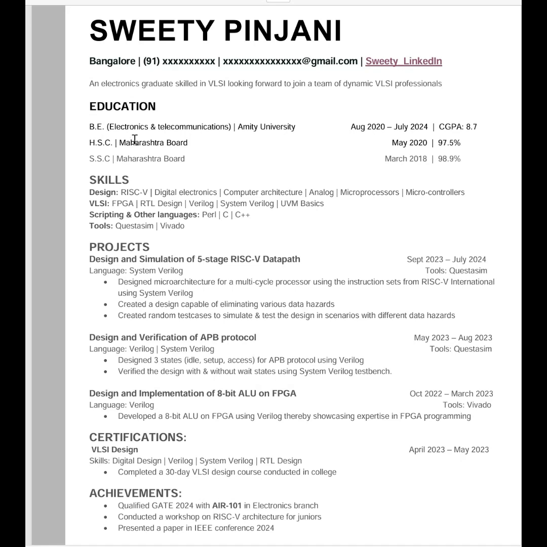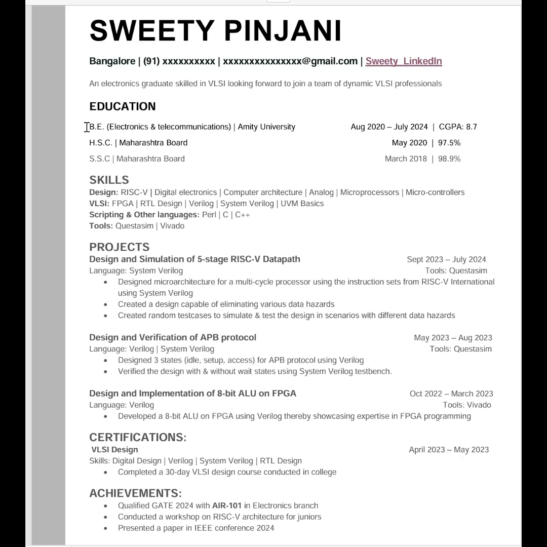But at a fresher level, educational degree does matter a lot. Even some companies do have restriction on what minimum CGPA you should have to apply as a fresher. That's why education does matter a lot at a fresher level. So we will keep it at the top. Now the person is a bachelors. So we have specified three important